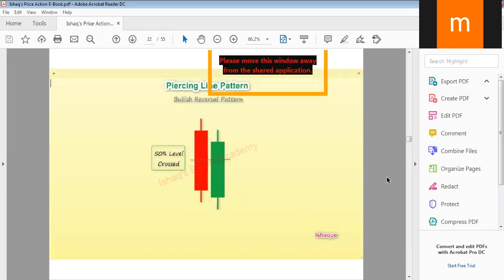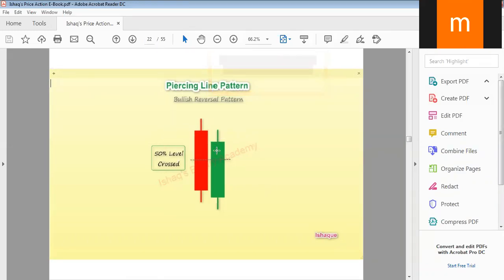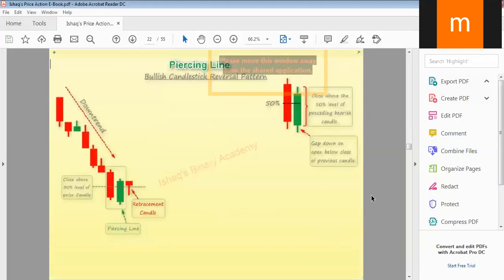After the pattern, each and every pattern can be traded from the retracement candle. Wait for the retracement candle. After the pattern, wait for 1 minute and get confirmation from the retracement candle. After that, you place a call option or put option as per the setup. If you find a bullish pattern, then a call option, and if you find a bearish reversal pattern, then you can place a put option.